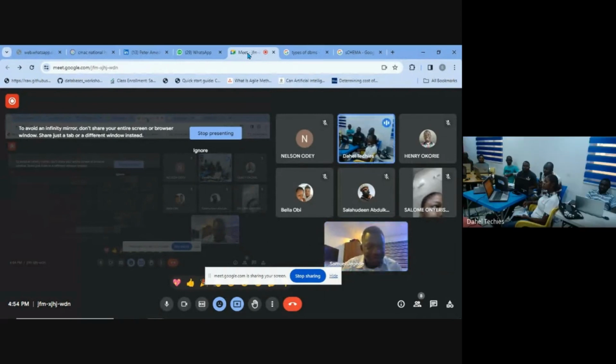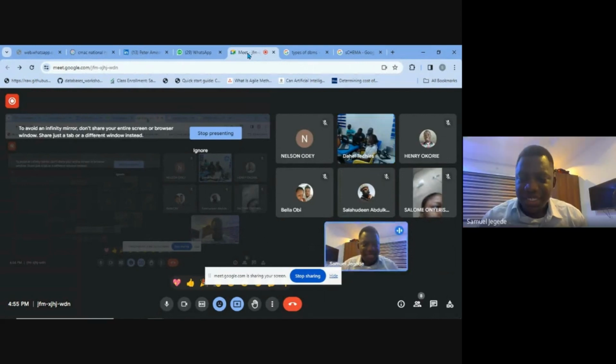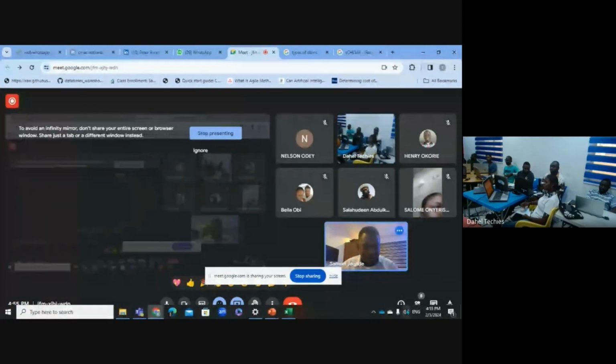You talked about types of databases. Relational database. Is that where our focus is going to center on? Other aspects of database, are we still going to work on them?